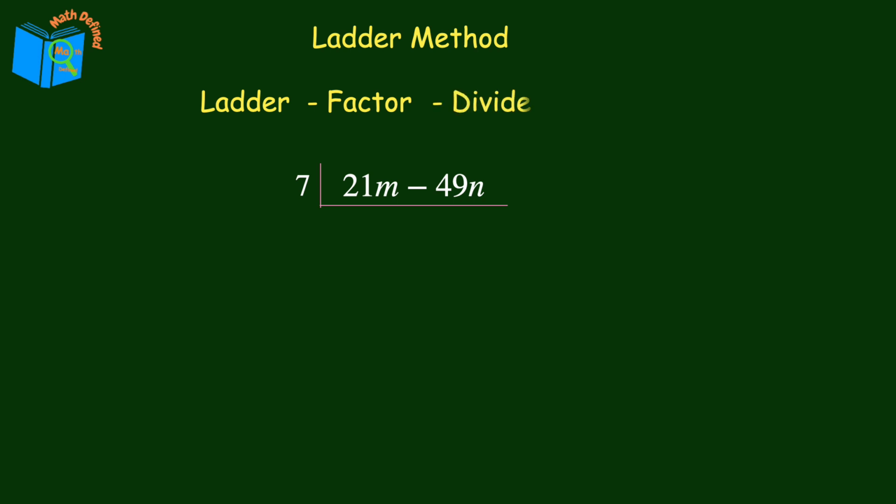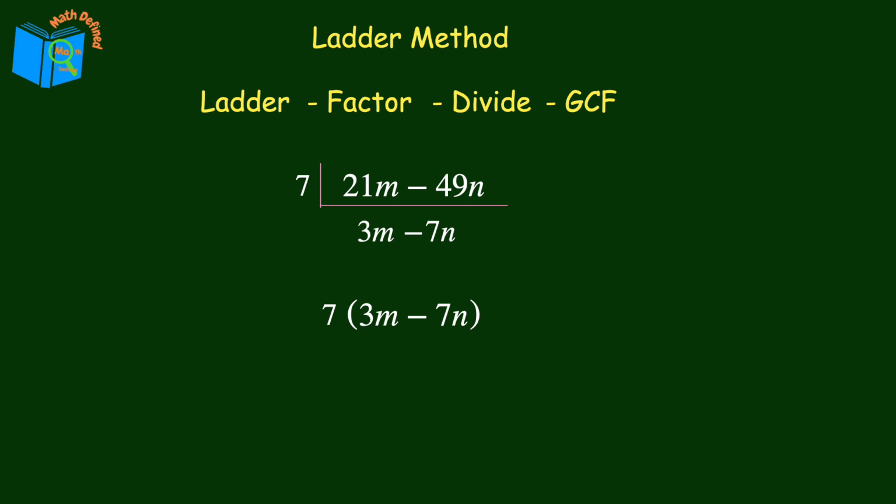Next, we divide each term by this shared factor of 7, just like we did using the traditional method. 21m divided by 7 is 3m, and negative 49n divided by 7 is negative 7n. Now looking at 3m minus 7n, we see that they do not share any other factors, so we are done factoring. We'll bring down 3m minus 7n, place parentheses around them, and place the GCF, which is 7, on the